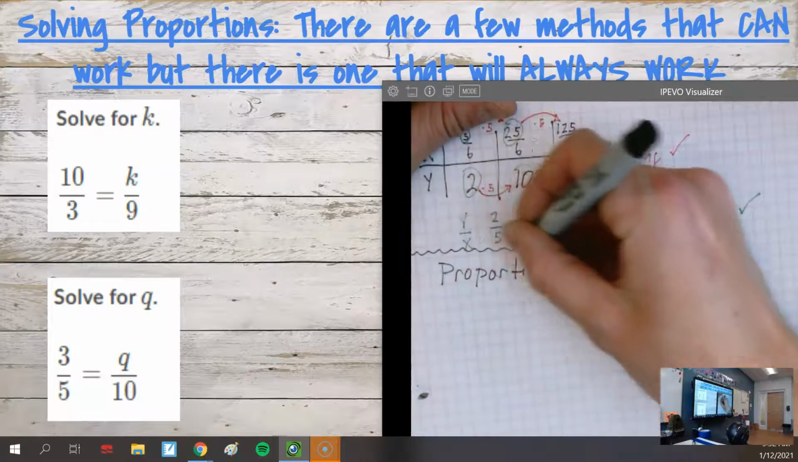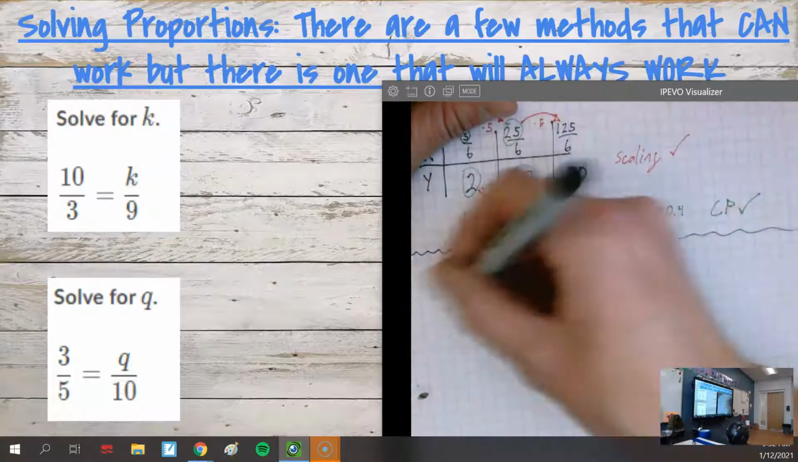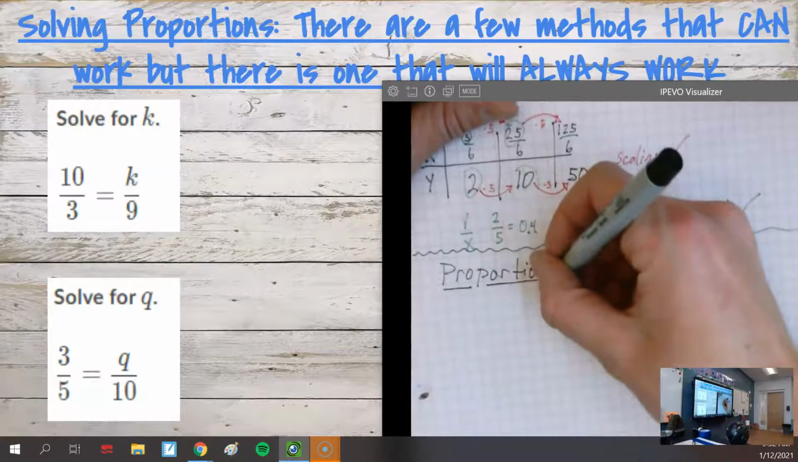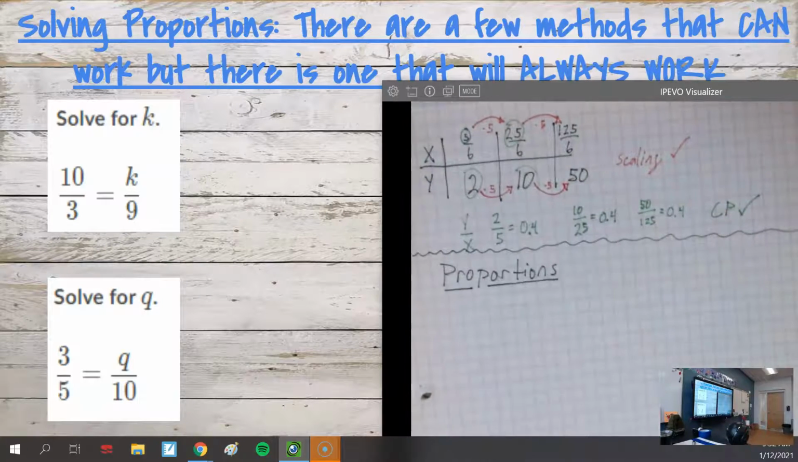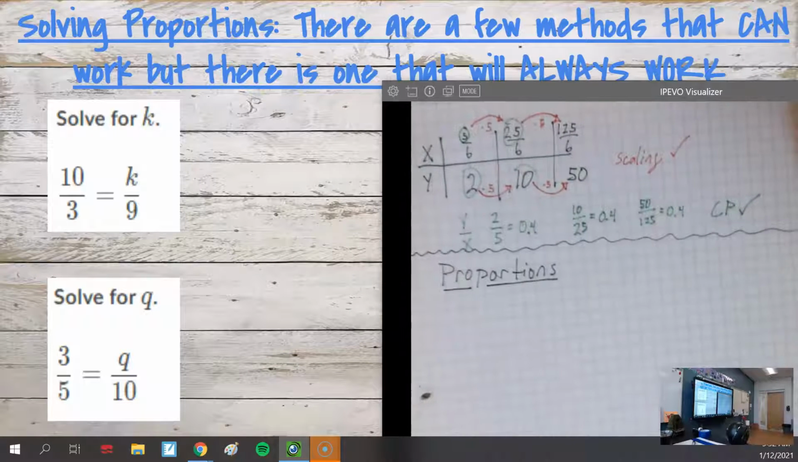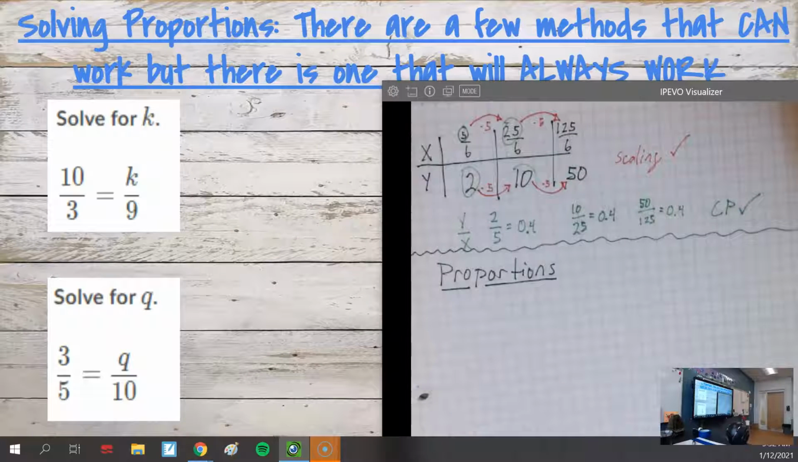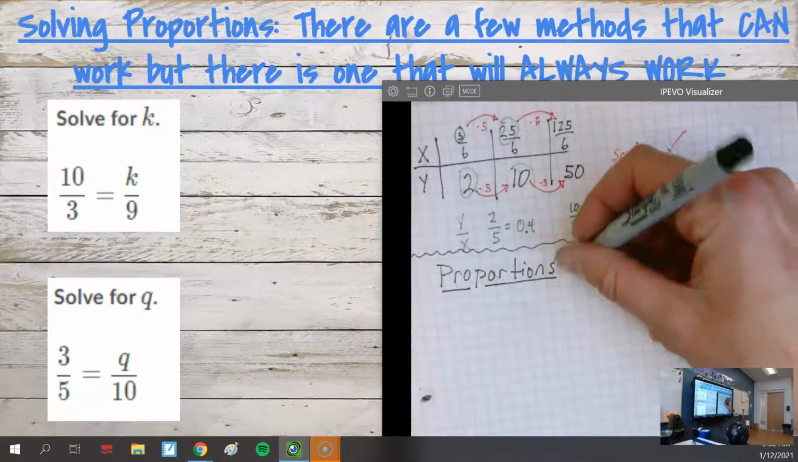Anyone remember what a proportion is? We've been talking about proportional relationships, but what is a proportion? I can't hear you, but yeah, you're right. We need more than that, though. It deals with parts of things. A proportion is a fraction